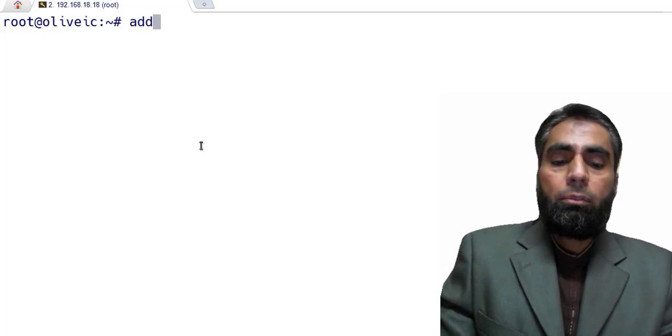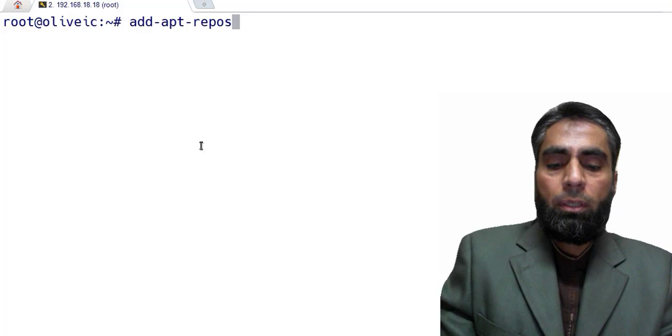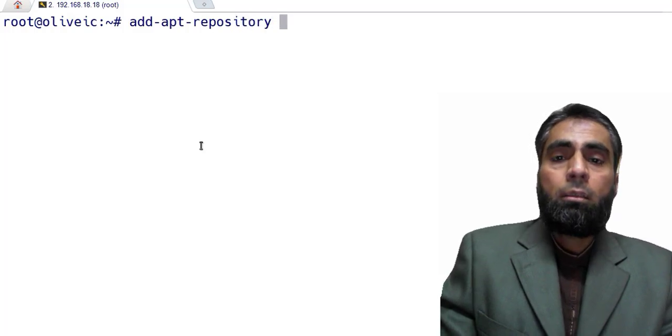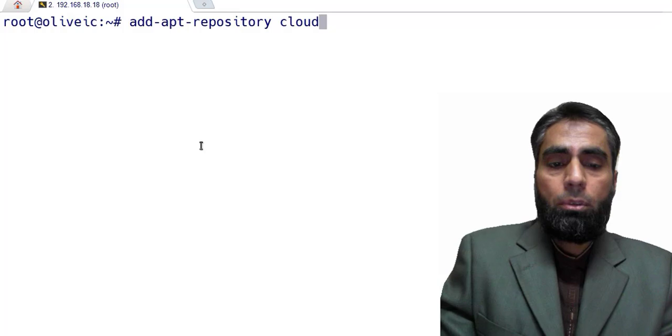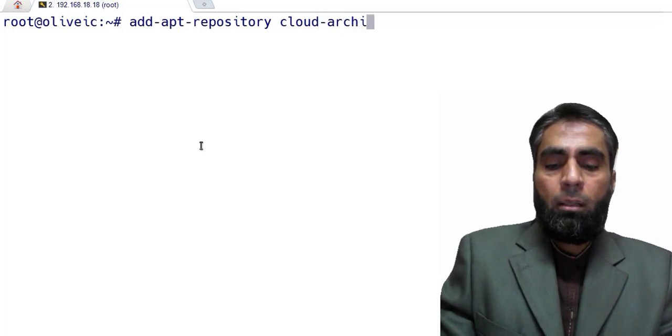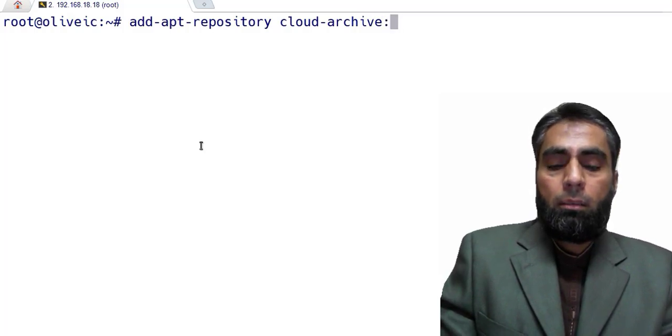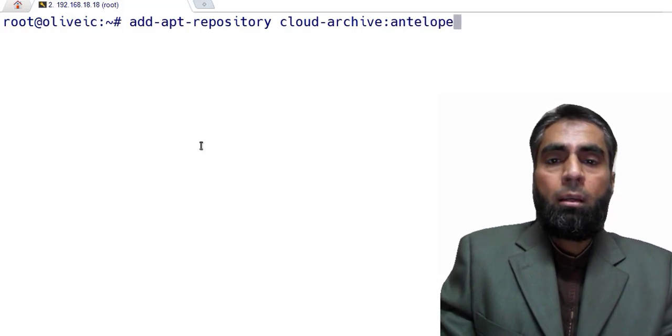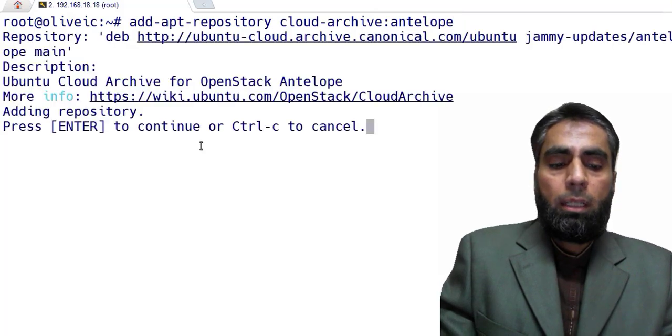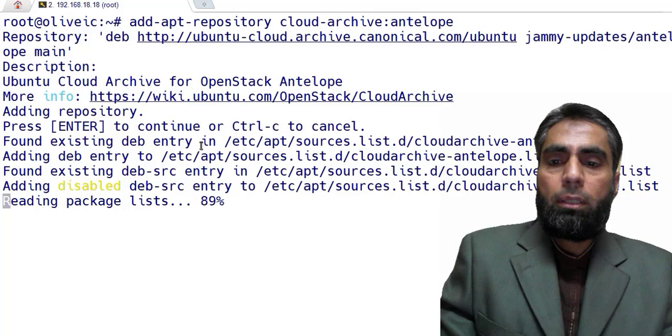The command for this is very simple. I will use add-apt-repository, and the repository name is cloud-archive, and then antelope. So this command can be used to add the repository. I will just add it and confirm it to add this repository to the